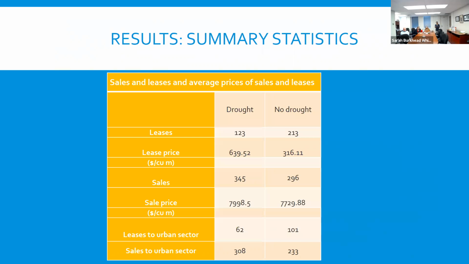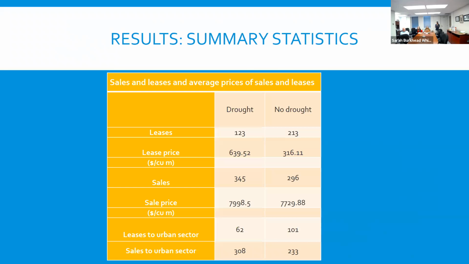I did the statistical test. You see the $639.52, almost $650 per cubic meter of water sold. I'm sorry I had to use cubic meters here because that's how some of the reviewers like it. In the United States, I forget how many gallons there are in a cubic meter; I really am forgetting the conversion. Usually I would have written dollars per gallon, but I'm just putting it in cubic meters. So almost $650 per cubic meter for the lease of water during the drought. No drought, almost half of it.